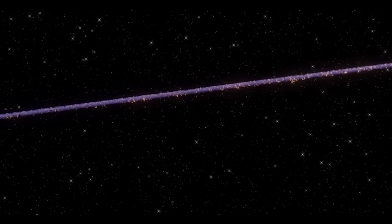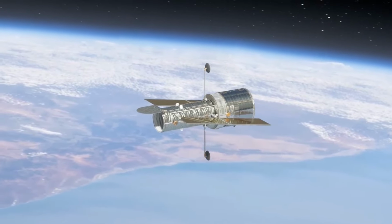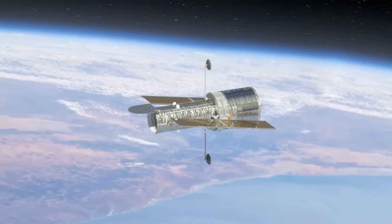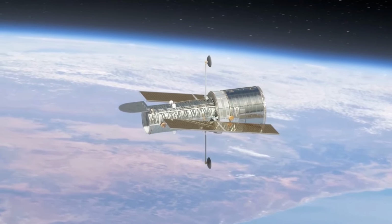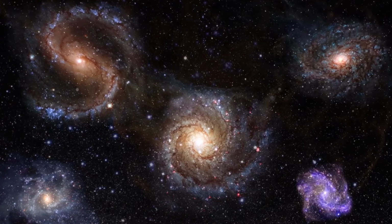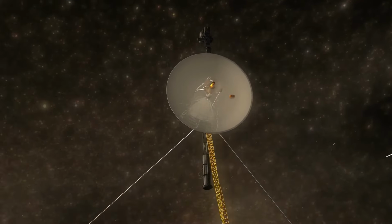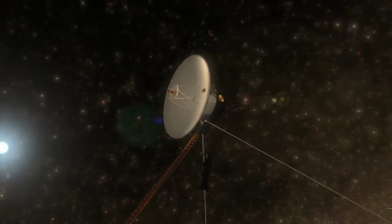So, let's take a closer look. When scientists planned and designed the Hubble Space Telescope, the most groundbreaking astronomical observatory of its era, there were many things about the universe they didn't know. One of these unknowns was that the stars and galaxies existed already a few 100 million years after the Big Bang. But even if they had known about these early stars and galaxies, they didn't have the technology to make